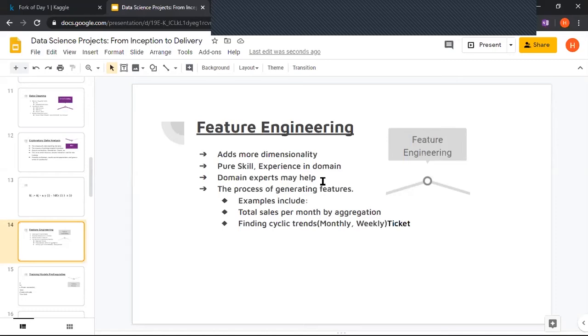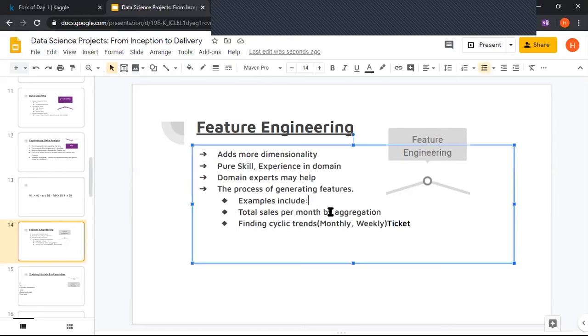And how do we generate more features? For some examples, if we are using sales data, we'll have basically a table that includes the sales per shop. So there will be a shop whose location we have, and we'll also have the number of sales representatives.